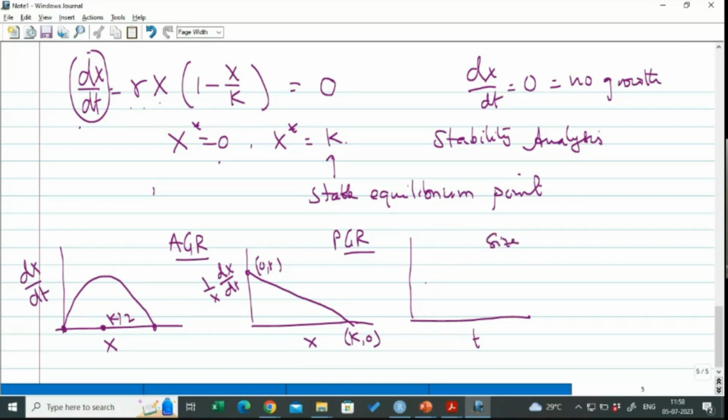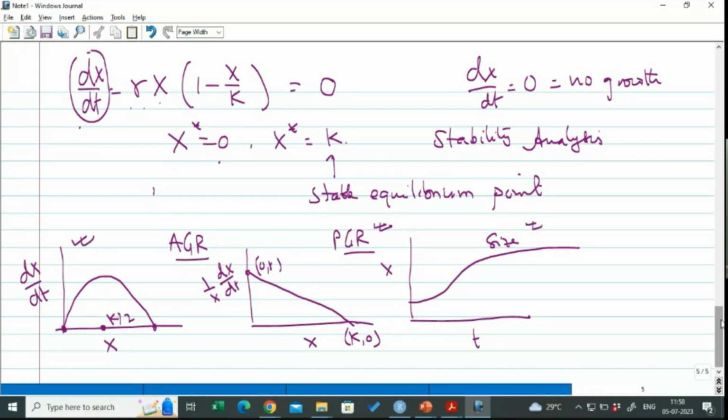Along this we have t, along this we have x. So that means something like this. So this is called the absolute growth rate profile. This is called the per capita growth rate profile. This is called the size profile,